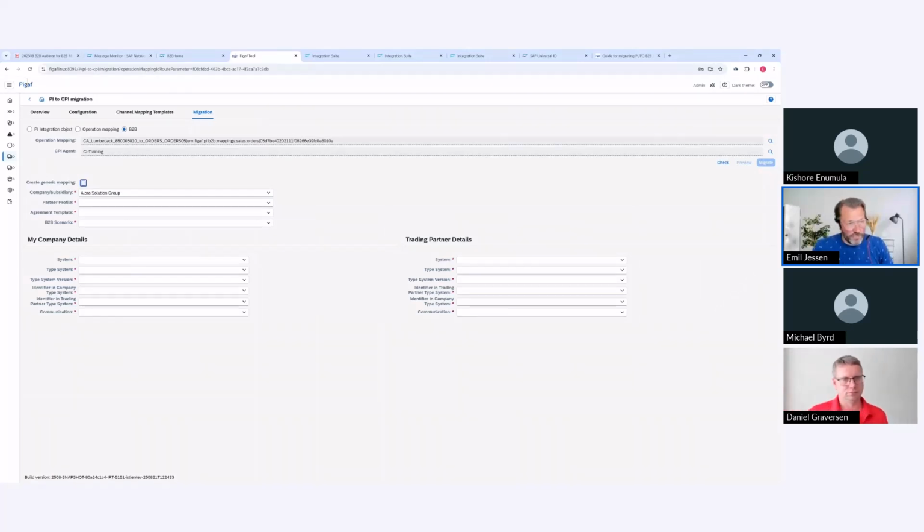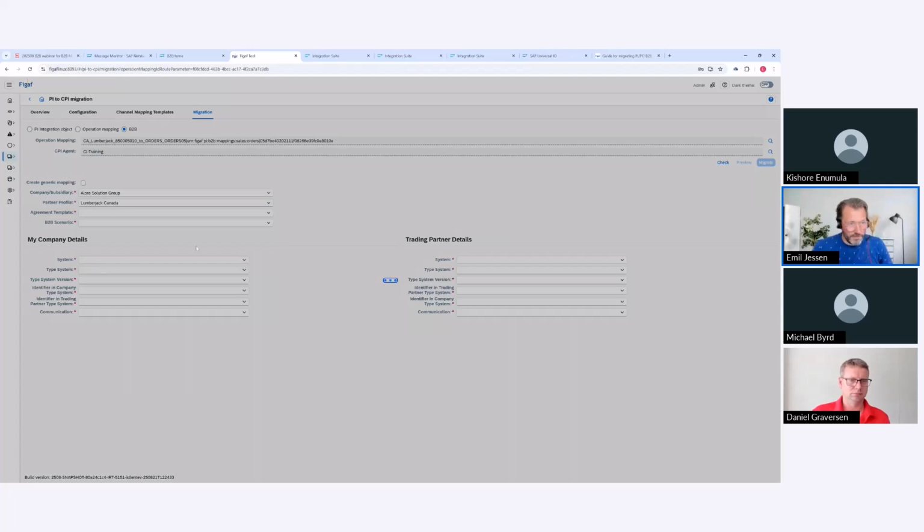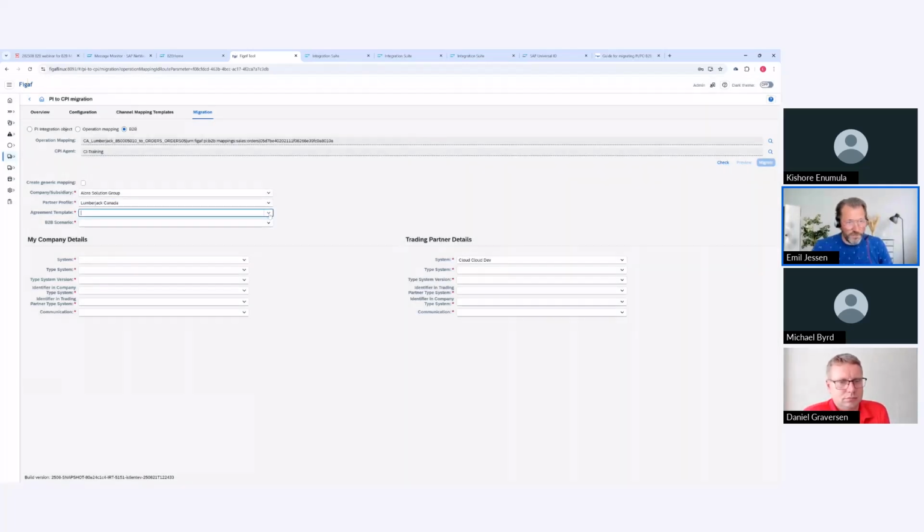But for this example, I'm just going to say, let's not do a generic mapping, but let's do a partner-specific one, and say, this is definitely a Lumberjack mapping, and that's what we want. And again, you can see that's the list that we have available for our tenant. If I picked a different tenant, I would of course get the other list. And similar for this tenant, I also see the scenarios that we have in place. And here,